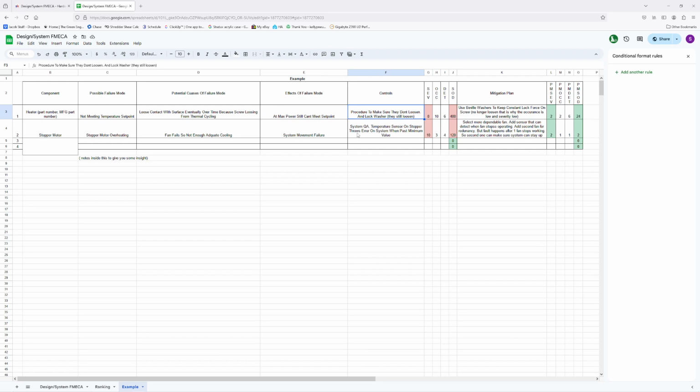So, what am I doing to... again, also, this potential cause of failure mode was loose contact. So controls are, what am I doing to make sure that this does not happen, to minimize the occurrence and the severity. So basically, a procedure to make sure they don't loosen. I add a lock washer, and this is something that we did on one of the projects